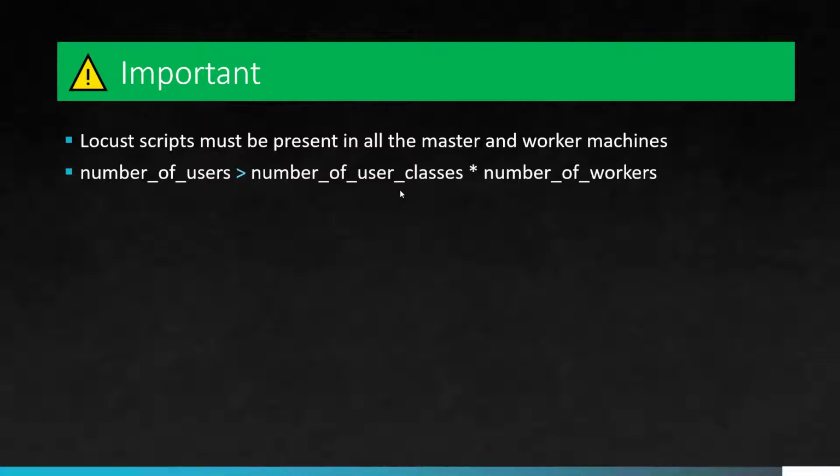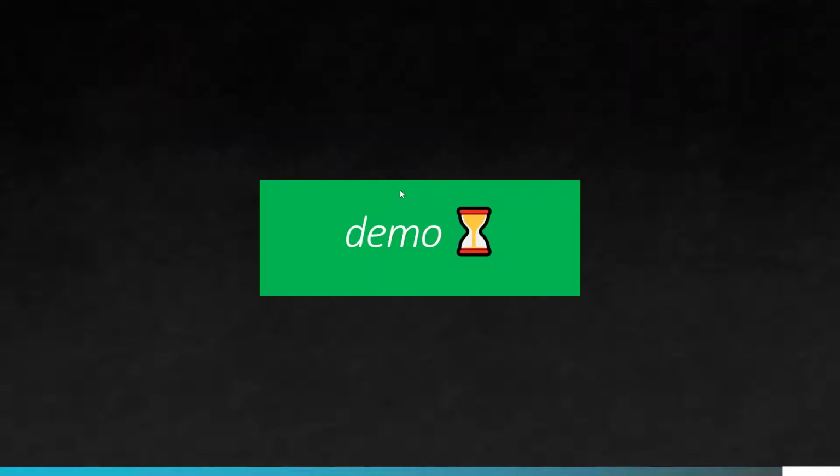And also we have other parameters like which port you can use. By default it uses 5557, but you can change the port, you can bind it, and I will post the documentation link in the YouTube description. You can check it out for the other additional parameters. Now we will see a quick demo of how you can run in the distributed mode.